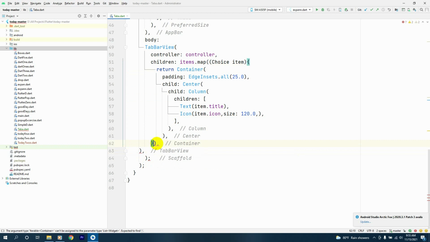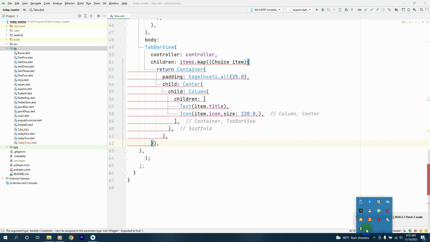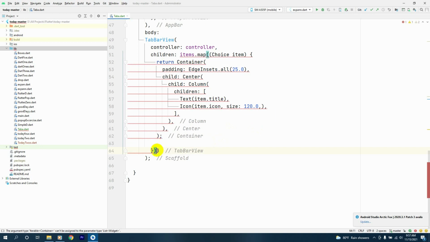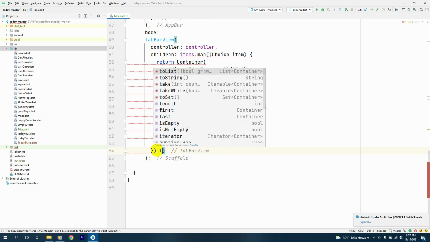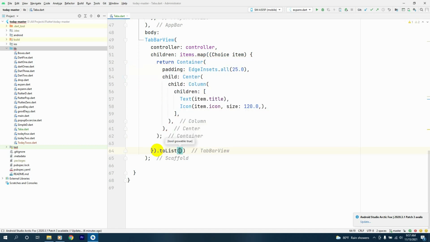Here we'll have curly bracket. After fixing this, I'll come back to you. Well, to fix this, we'll give after the braces dot toList, and we'll give a comma here. Now